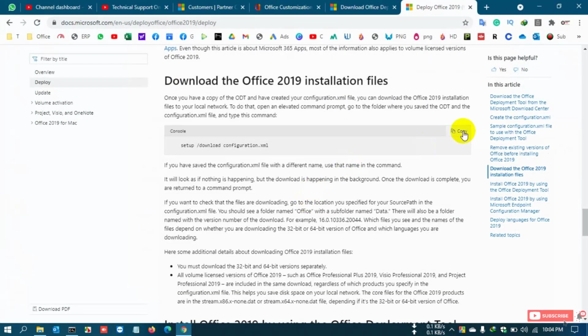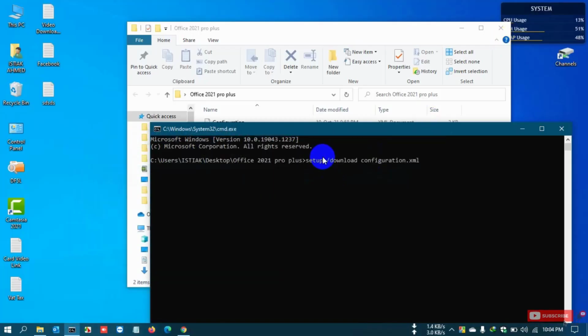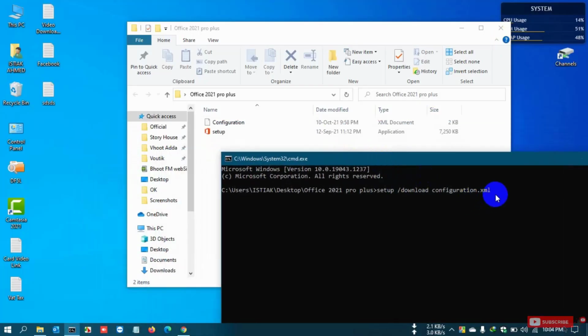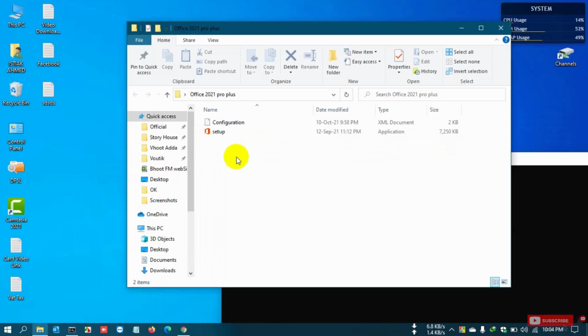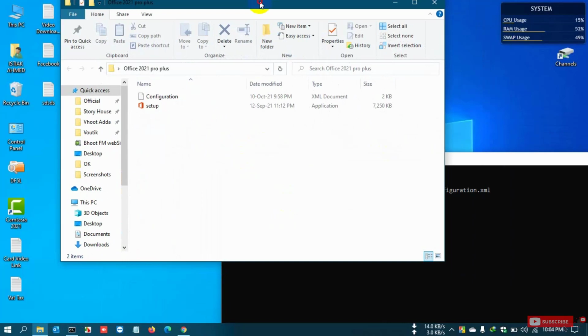Copy this download command and paste it in here, and after entering, hit enter. Then you can see here the Office 2019 folder. One more folder is created and it's downloading.